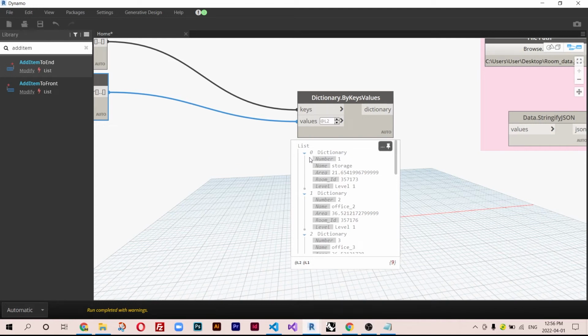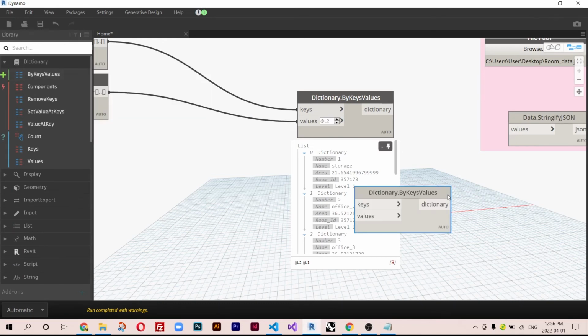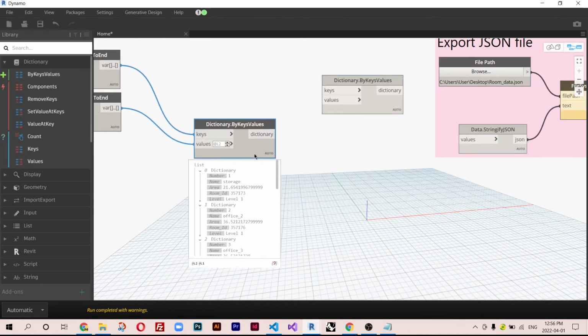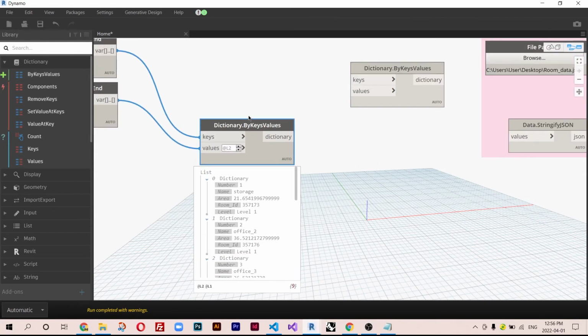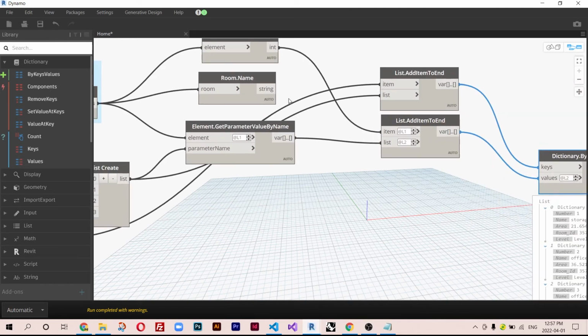It's like a new dictionary where the key is the name of the room and the value is a dictionary. Okay, so it's like nested dictionaries. So I'm going to have a dictionary with a key, which is the name of the room, and the value is another dictionary that contains this information. To do this is really simple. We just need to create a new dictionary that takes actually these, as I said, as values, and it takes the names of the rooms that I have in here